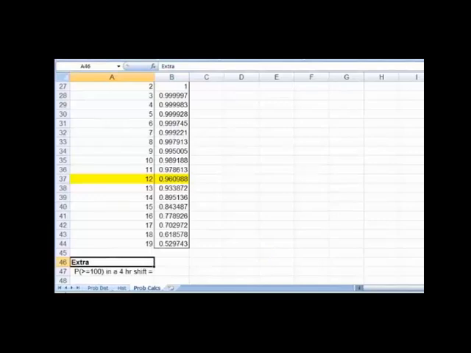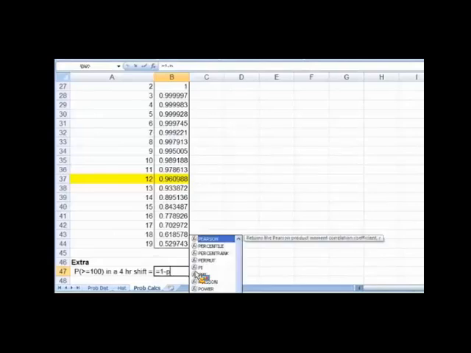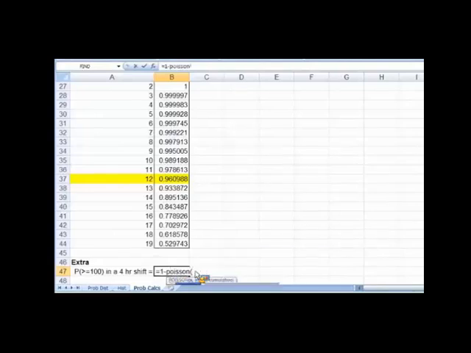I want to know what's the probability of getting greater than or equal to 100 calls in a 4-hour shift. So that should be easy. I have greater than, so I'll say equals 1 minus Poisson of, and here's what I have to think now. I want greater than or equal to 100, so am I subtracting from 100 down? No, I'm only going to subtract from 99 down, comma, lambda, but lambda is going to be now the lambda across the whole 4-hour shift, not 20, 80, comma, 1.